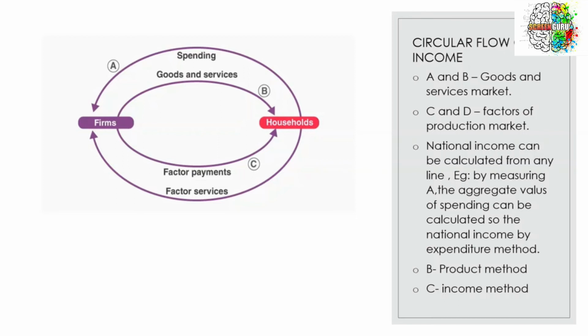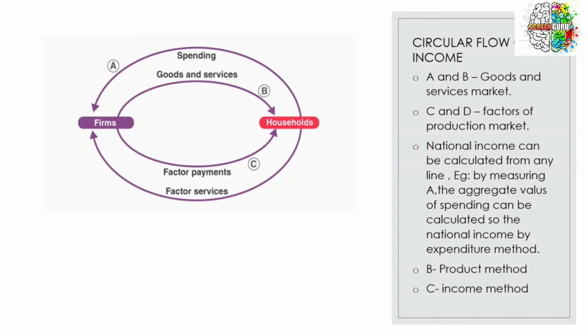Say, take the example of dotted line A, which is the aggregate spending. So aggregate spending of the household means it is the cost that the household is paying for all the goods and services produced by the firm in the country. See, this is a hypothetical situation where you have to imagine two things. That whatever goods that the firms are making are being bought by the households. So nothing is being wasted, there is no leakage of money. So the value of goods and services in terms of money is being paid by the household.